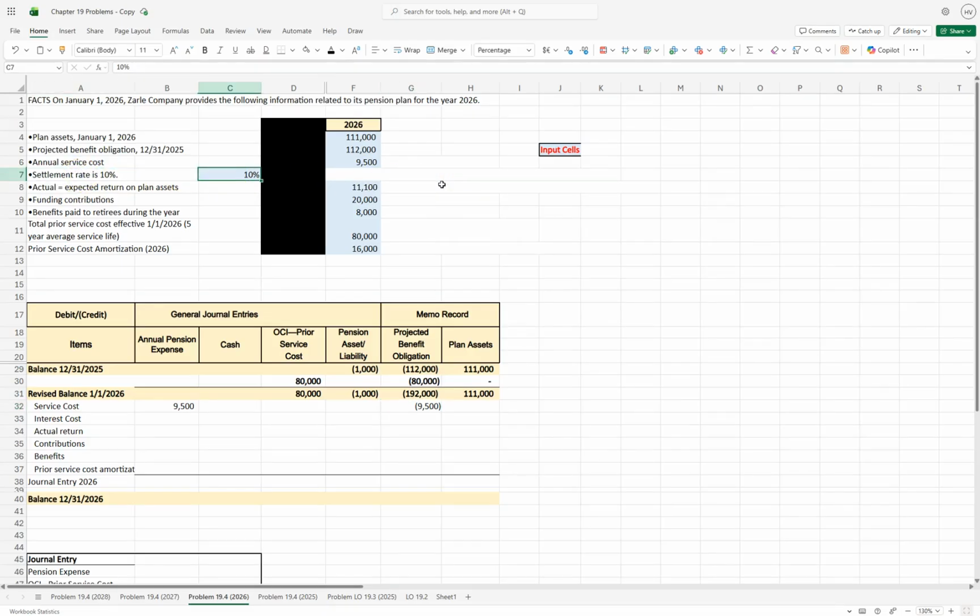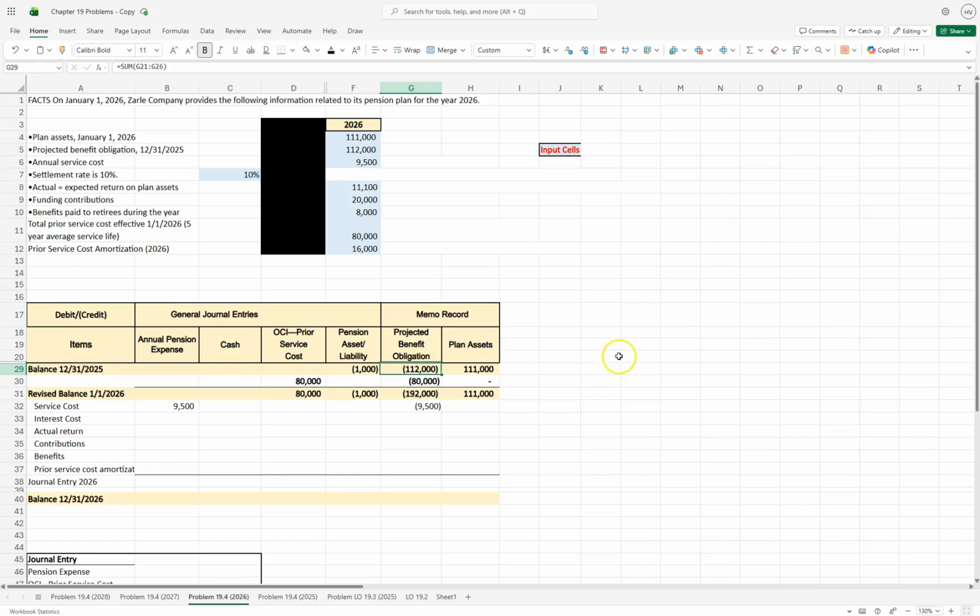Okay, we're told the settlement rate is 10%. Settlement rate is the same thing as interest rate. And because the projected benefit obligation is a long-term liability, we need to accrue the interest. And the way we accrue that is we take our interest rate or settlement rate multiplied by our beginning of the year PBO balance. So now be careful